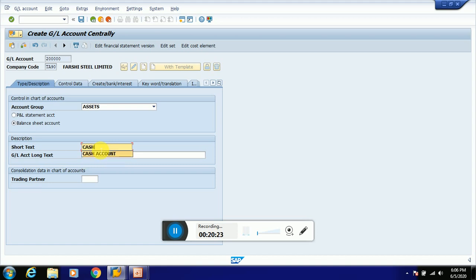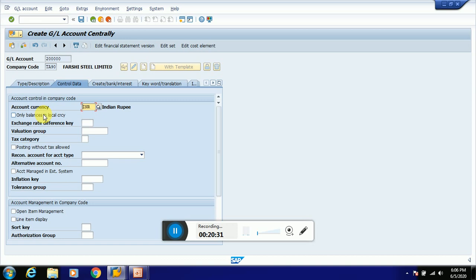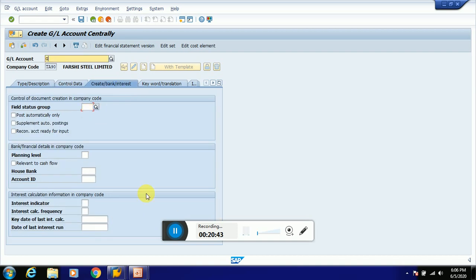Cash account, give the narration cash account. Going to the next tab, control data tab, select only balance in local currency, line item display, sort key G005. Click on save.